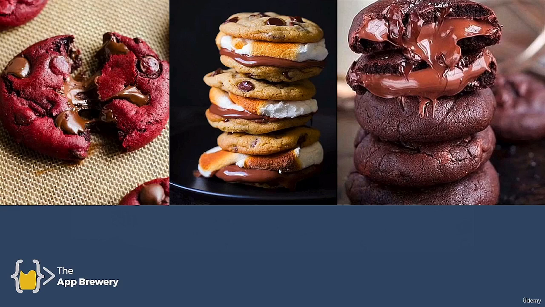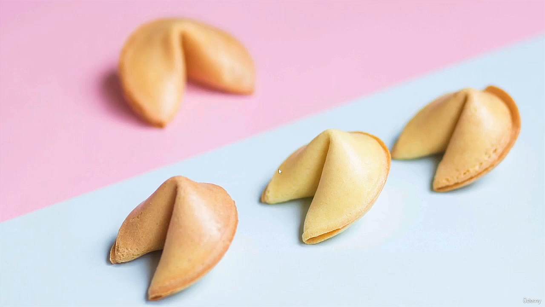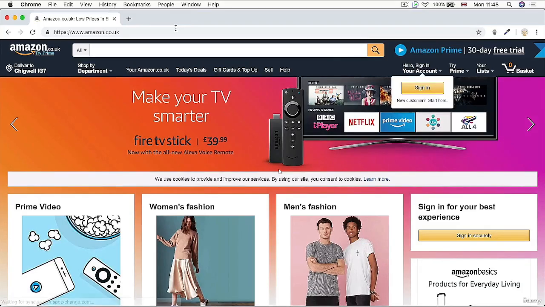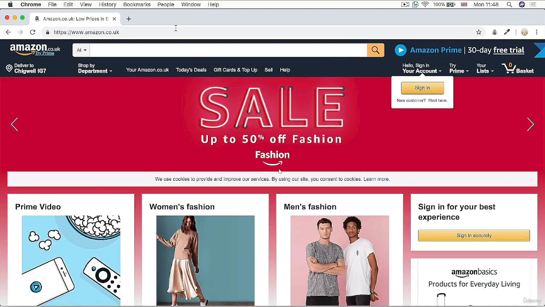Not really. The type of cookies that we're talking about that relates to web development are more similar to fortune cookies because they have a message that's packaged inside. And you can pass these around and they can be broken to reveal the message. You've probably come across cookies before, but if you haven't, I just want to show you how it works in